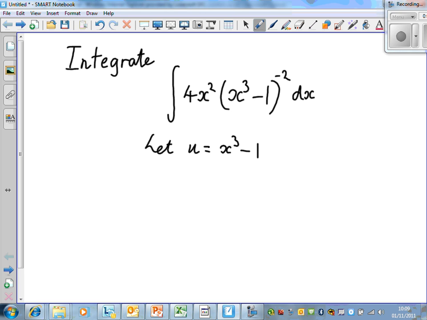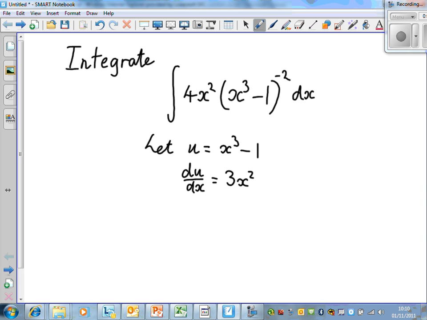At the moment the integral has got everything to do with x squared, x cubed, and dx. Now this dx is a reminder that we're differentiating with respect to x. So we need to change this from a dx to a du. To do that, we'll differentiate the substitution rule, u is equal to x cubed minus 1. So, du/dx is equal to 3x squared,